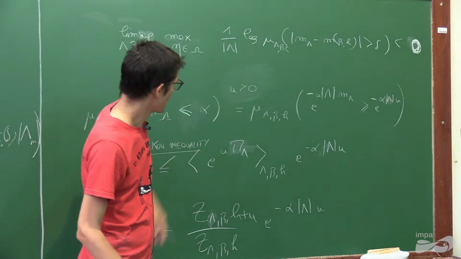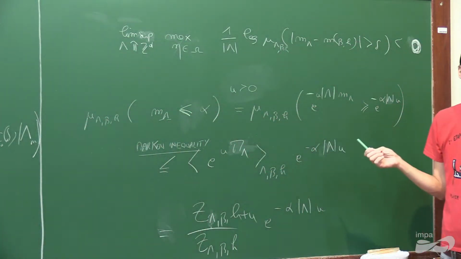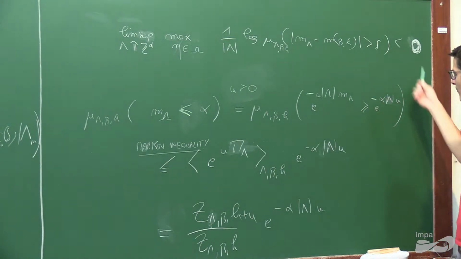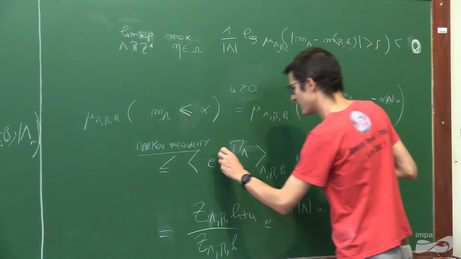So what we are going to consider now is not exponential u, but exponential minus u, or if you want exponential u, but for something negative. Okay? So now by Markov inequality,